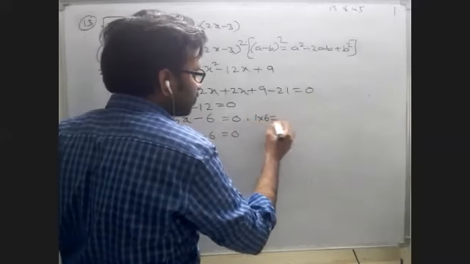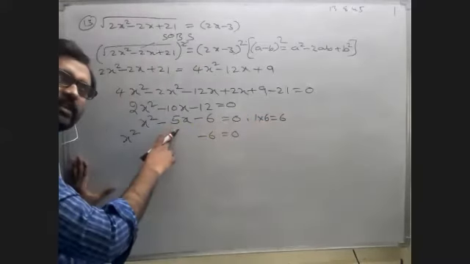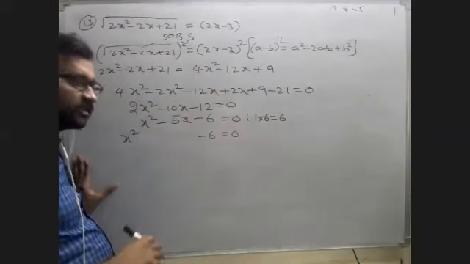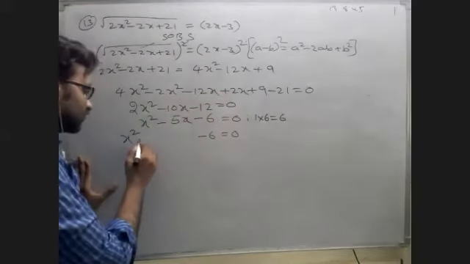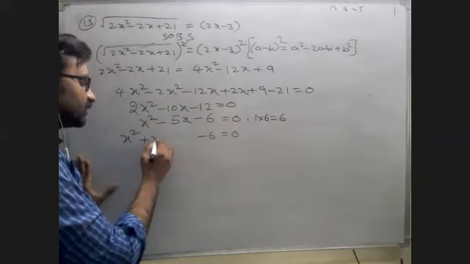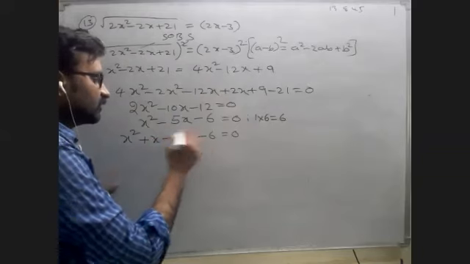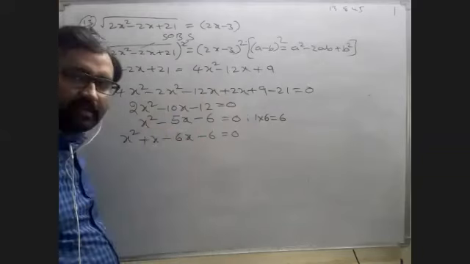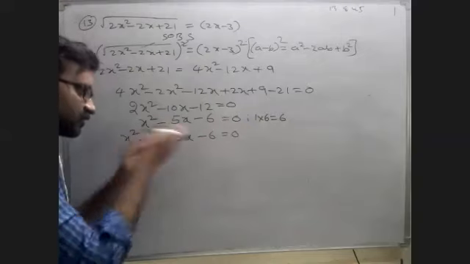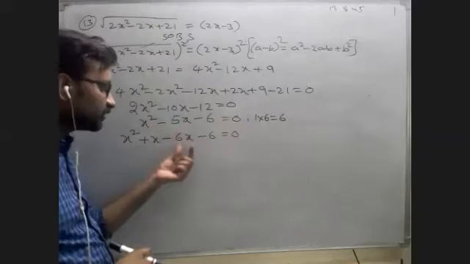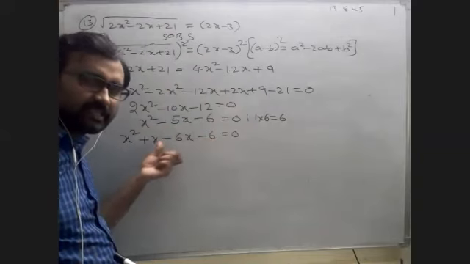1 into 6 is 6. 6 minus 1 also we are getting 5. So take that value, 6 minus 1, that is plus x minus 6x. Minus 6x plus x will be minus 5x. You can write minus 6x plus x also, no problem. Why am I writing it here? Here there is already 6, now we can take 6 common easily.